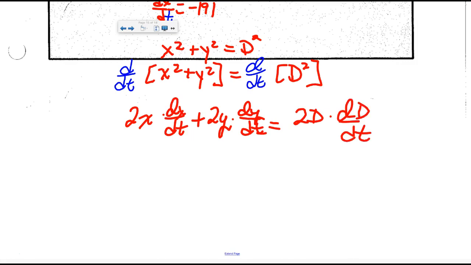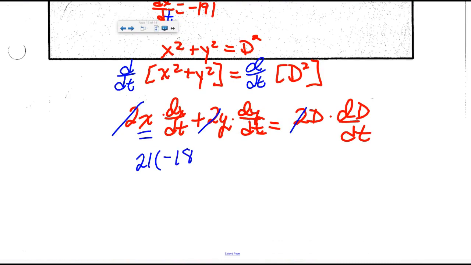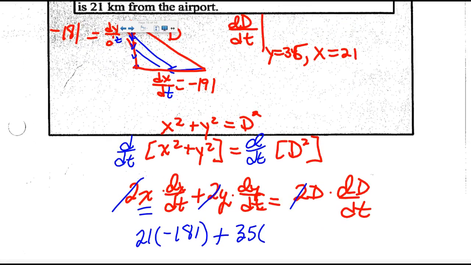This is where we plug everything in that we know and find what we don't know. I would factor a 2 out of everything. I'd go back to my picture. I'm stopping these planes when x is at a 21. dx/dt is a negative 181. Y would be a 35. Sorry, I keep scrolling, but I forgot those numbers. And dy/dt